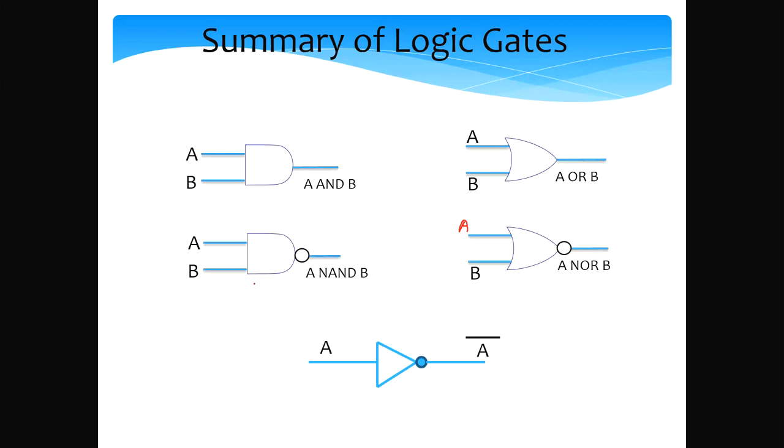A NAND and a NOR are actually called universal gates, in the sense that we can realize any logic function with only NAND gates and NOR gates. The description of why this is the case is somewhat difficult, so I'll not discuss it now, but it should be kept in mind. Now we can easily construct an AND gate with the basic gates that we have created. We can take a regular NAND gate, add an inverter to it, and then it becomes an AND gate.